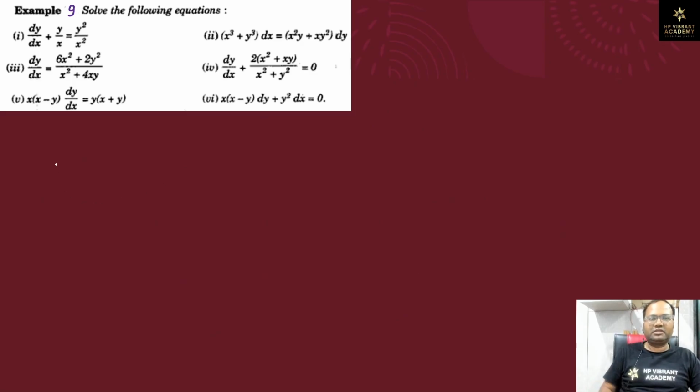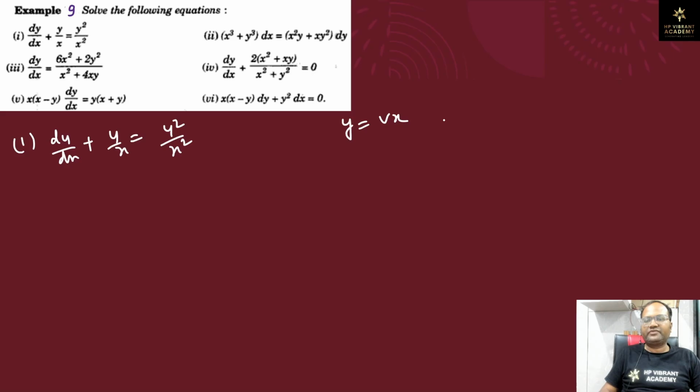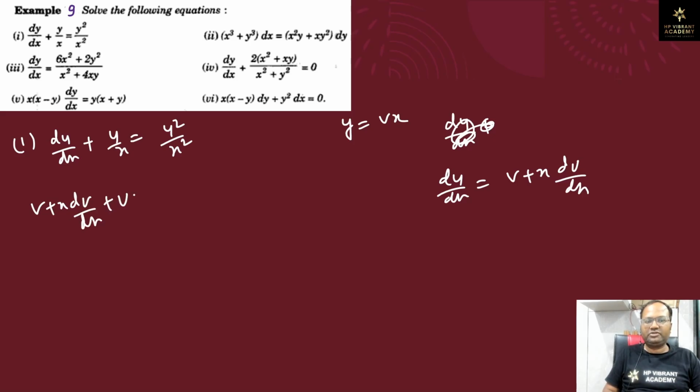Let us discuss example 9, how we can solve this. So the first one is dy upon dx plus y upon x is equal to y square upon x square. Okay, so we have this as, let us take y is equal to v times x. So we have dy upon dx is equal to v plus x dv upon dx. So from here v plus x dv upon dx plus v is equal to